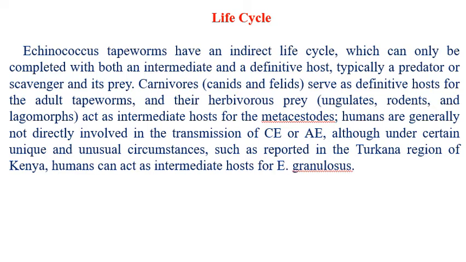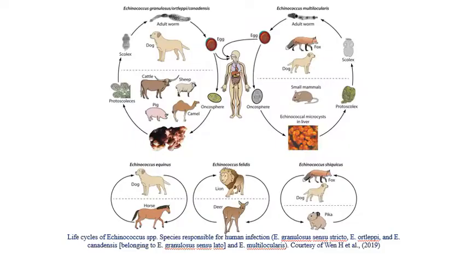Echinococcus tapeworms have an indirect life cycle, which can only be completed with both an intermediate and a definitive host, typically a predator or scavenger and its prey. Carnivores, canids, and felids serve as definitive hosts for the adult tapeworms. Their herbivorous prey, ungulates, rodents, and lagomorphs, act as intermediate hosts for the metacestodes. Humans are generally not directly involved in the transmission of cystic echinococcosis or alveolar echinococcosis, although under certain unusual circumstances, such as those reported in the Turkana region of Kenya, humans act as intermediate hosts for Echinococcus granulosus infection. The life cycles of Echinococcus depend on predator-prey associations